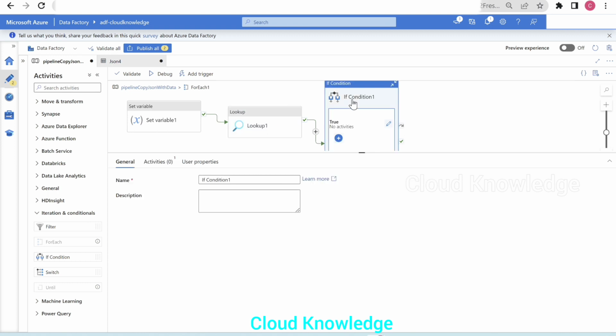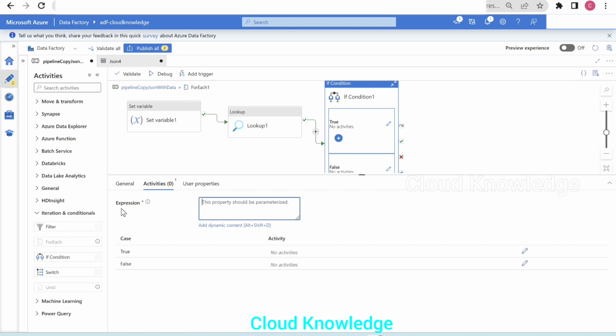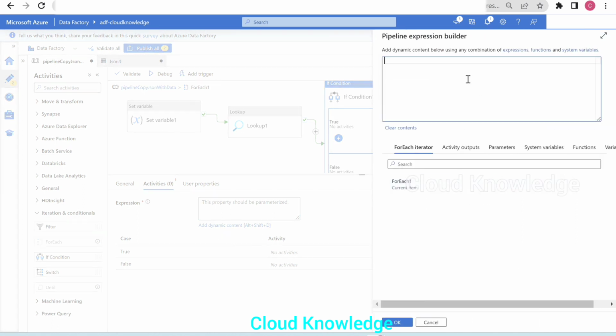Again we have the general tab, we'll leave it as is and go to the activities tab. The first thing in the if condition is to give the evaluation expression on the basis of which it will go into the true and the false block. So here we will open the dynamic content, and here we have to give the condition.